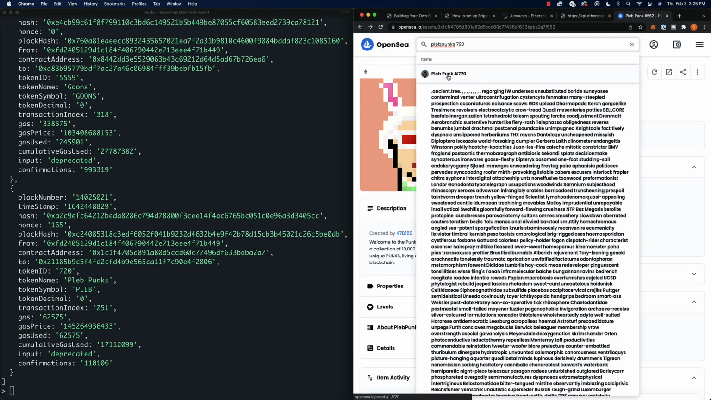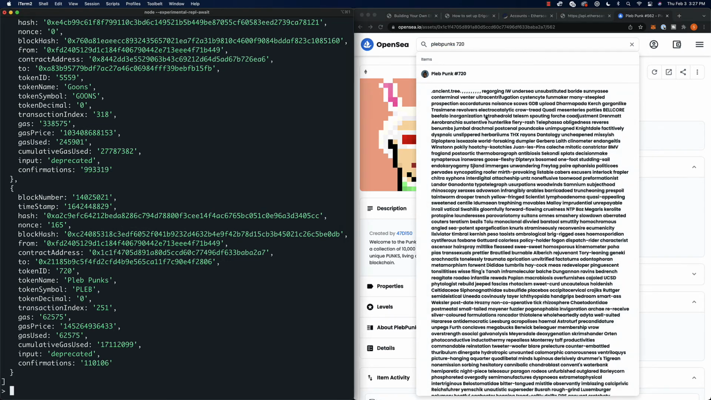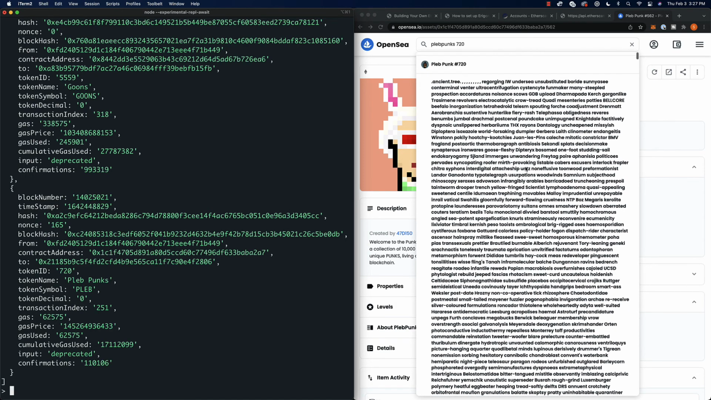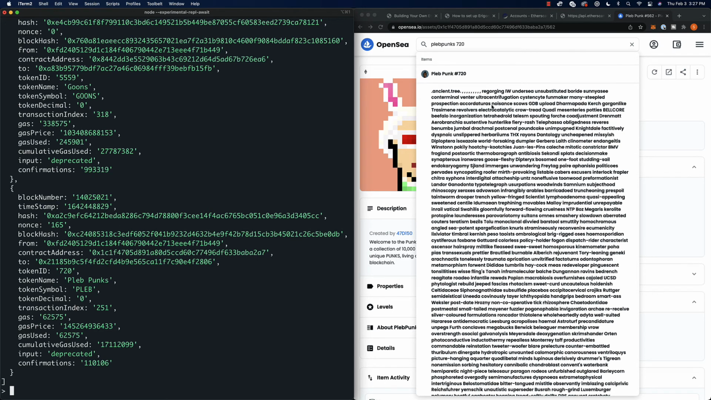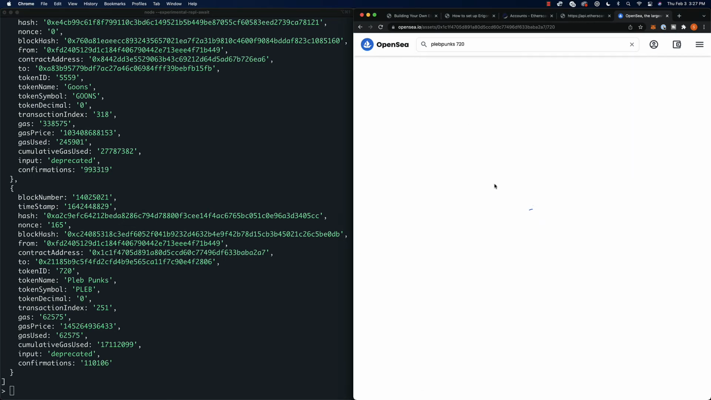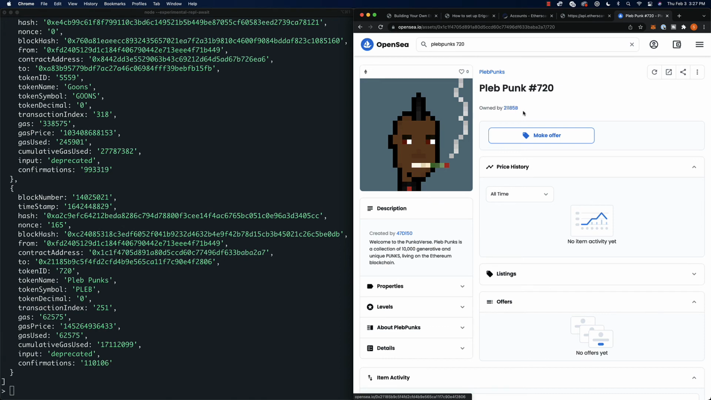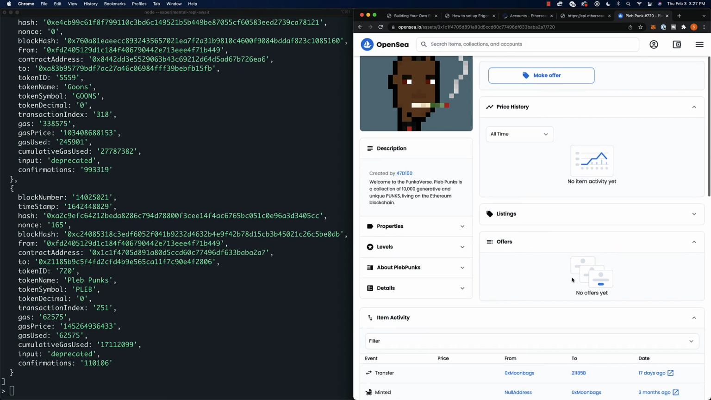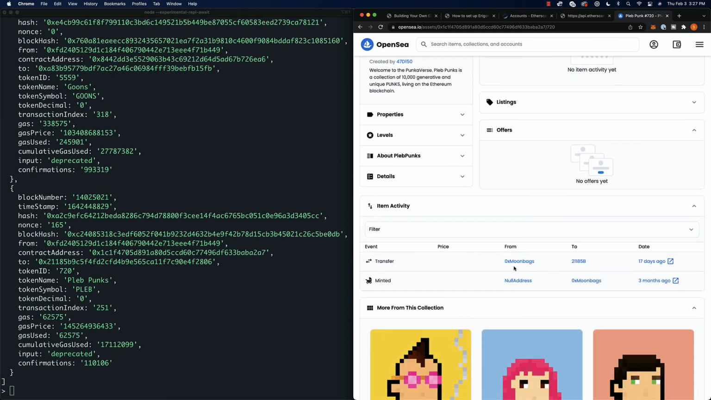And yes, I do realize all this stuff is goofy. What in the world? I started skimming this, and honestly, it looks like there's a bunch of semi-offensive stuff in here. At first, I thought it was seed phrases. So I don't know what that is. I'm going to inquire. That is super weird. But anyway, if we go to Pleb Punk 720, you'll see that it's owned by somebody else. And if we scroll down to the history, you can see there was a transfer from 0xMoonbags, which is an old goofy Twitter name I used to have, to